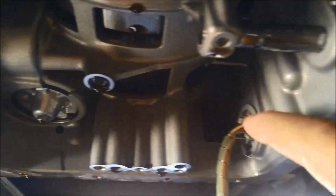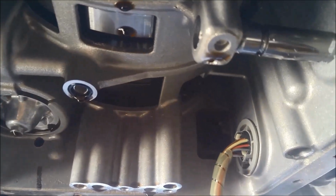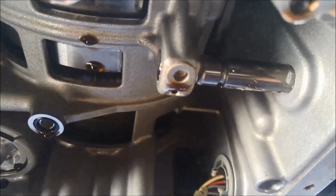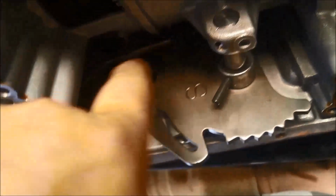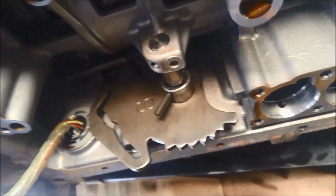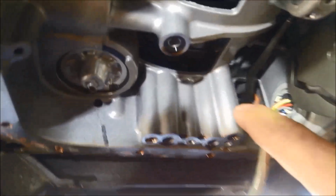I'm going to put the parking pawl lever back in there. Just make sure you get it in the right spot in there, not above it. And we're going to push this pin back in. You can see I've marked where the hole is to just help me line up where the pin goes in. Alright, I've got the rod in, got the selector shaft in, and now I've lined up the pin with the hole, and now just tap it in. Tap the pin right in, make sure you just go flush, don't go right through, and just double check that